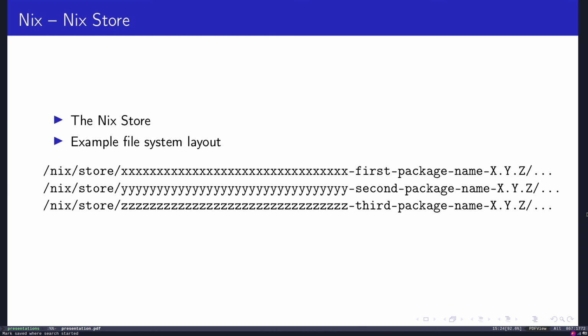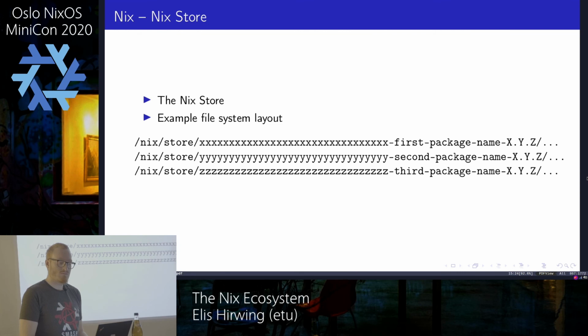No. You can have different files inside, but the same hash of the Nix package, for a non-deterministic build, yes. Because this hash is calculated before the files are put in the directory. Otherwise, it doesn't know where to put them. So this is based on the instructions. And if the build isn't deterministic, you will get a different output.